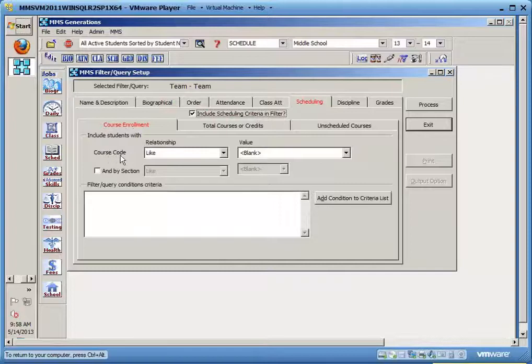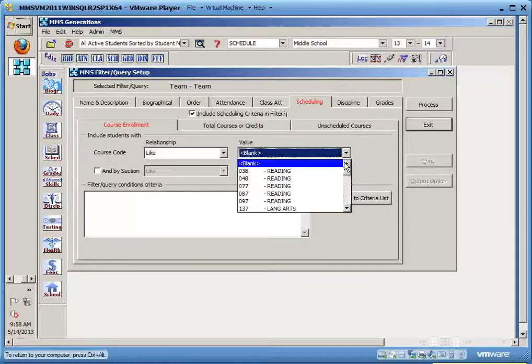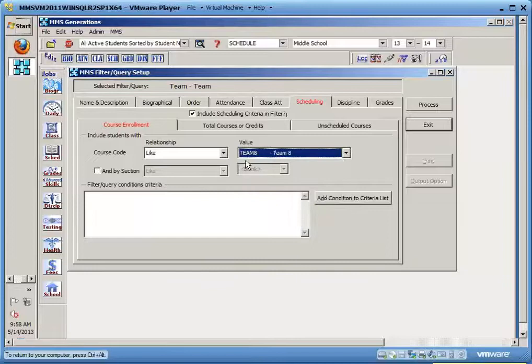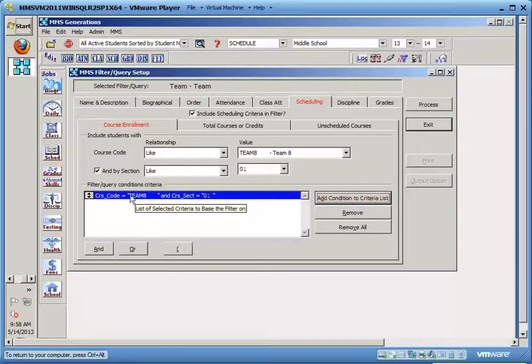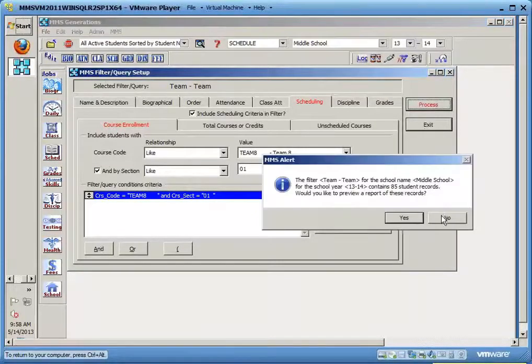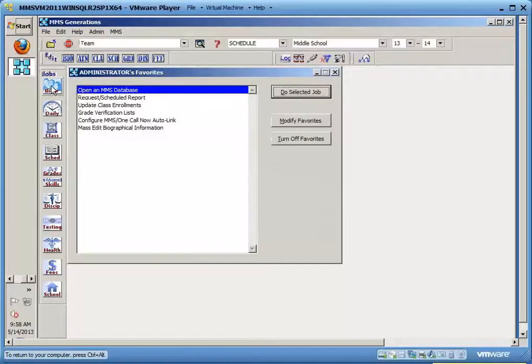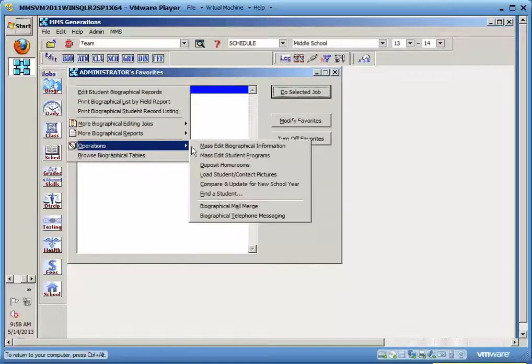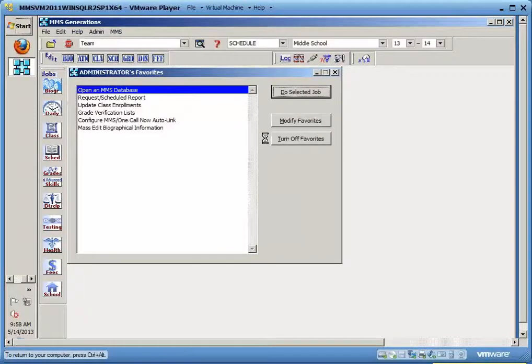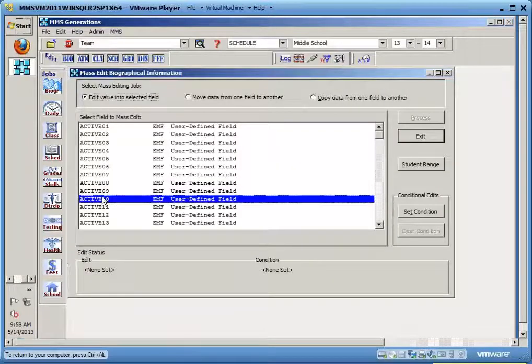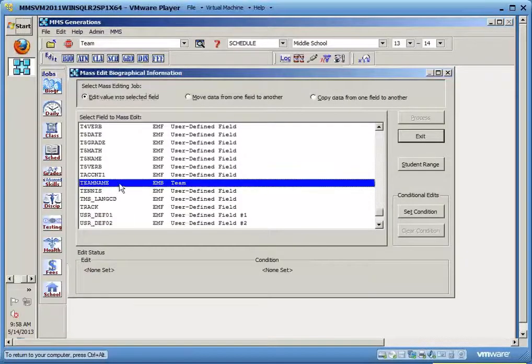And under course enrollment, I can say find any student who has course Team 8, check off the option for the section. And if I add that to the list, this filter is going to give me just the students in Section 1 of the 8th grade team. If I save that, now I can come to the biographical menu and operations and mass edit the team name into the student biographical records. So I'd find the team name field,